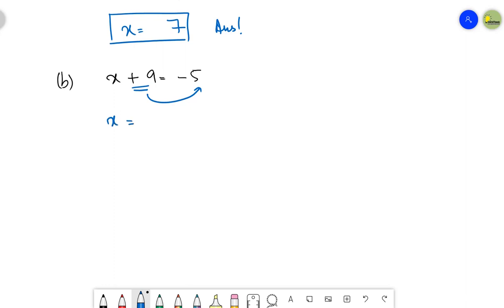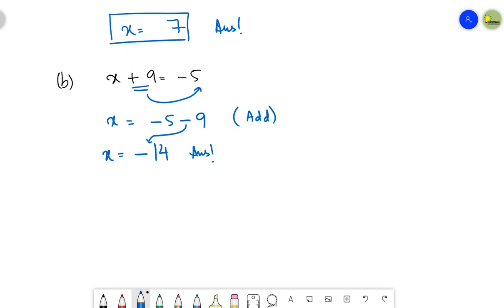So x equals, we have minus 5 on the right hand side. When plus 9 is shifted to the other side, it becomes minus 9. Since both the numbers have minus sign, we will add the numbers. Both the numbers have the same sign, minus, so 9 plus 5 is going to be 14, and you are supposed to write a minus sign with the answer. Why? Because 9 is the greater value and it has a minus sign. So the value of x that we have calculated from the equation is x equals minus 14.